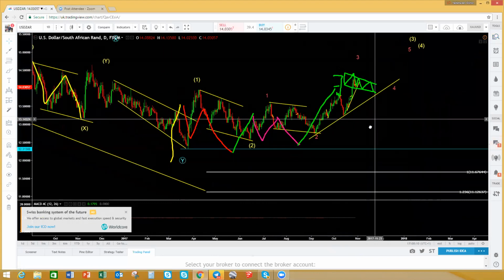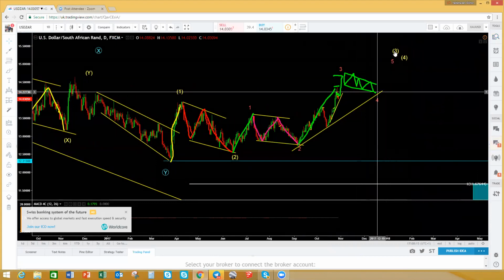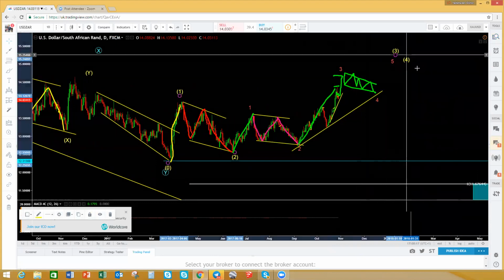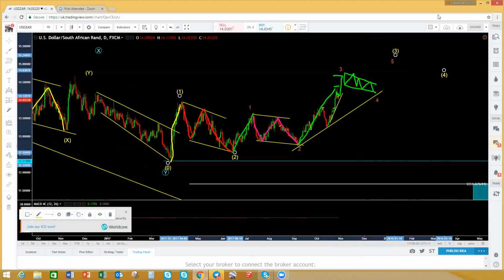Look at us run away now. Let's just place it there. Right. Wave 4, wave 3, and we still have wave 4 to complete. Exactly the same thing that we're anticipating on